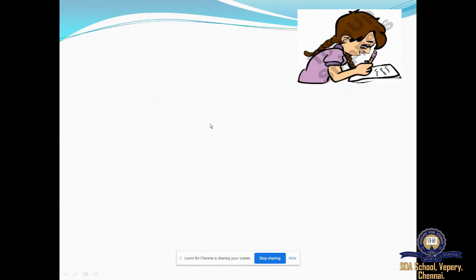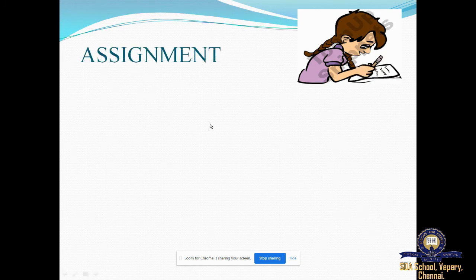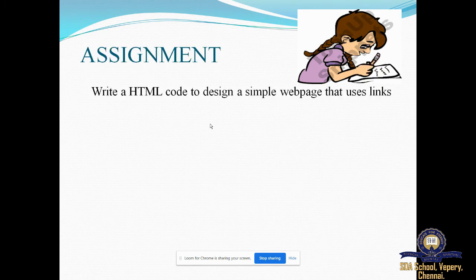And then you have one small assignment. The assignment is you have to create a simple web page that uses links. So you try to create your own web page. You can have a note on the program I have taught you in this session. Just copy the same program down in your classwork and submit it. I have posted an assignment link in your classroom. Click on the link and submit your assignment which is written in your classwork. So the scores of your quiz as well as this assignment will be recorded.